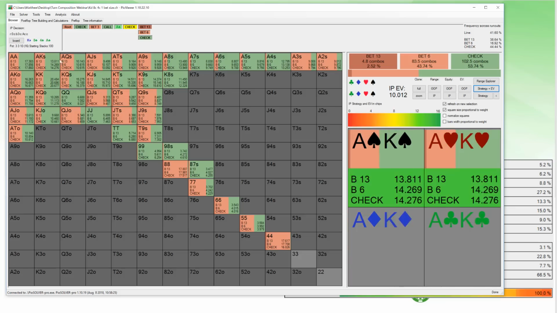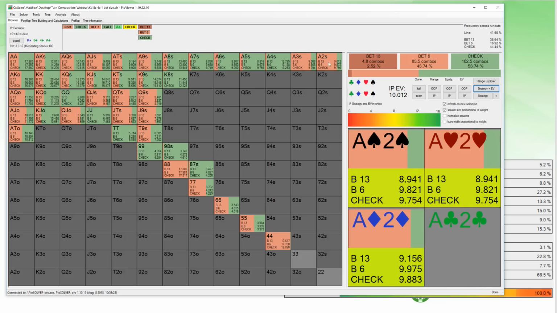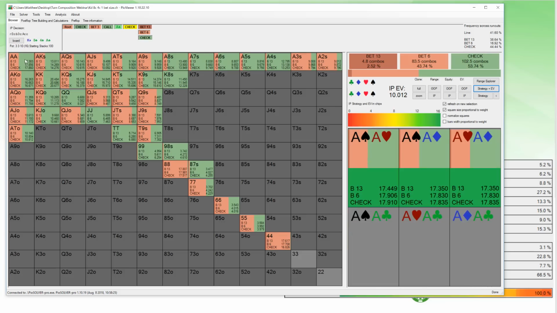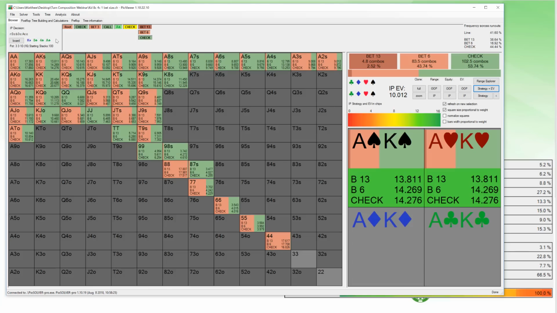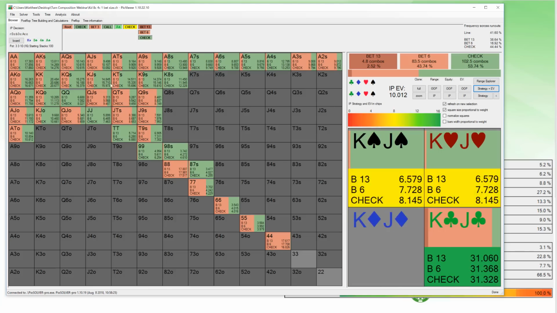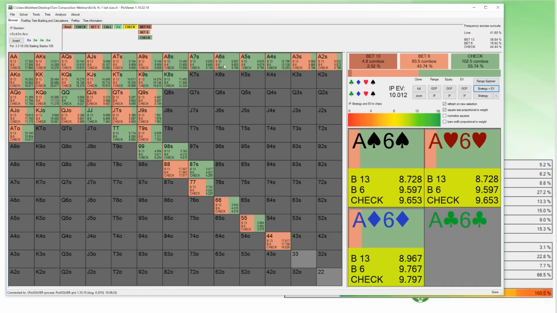Exactly, Matt. I don't know if I explained that well. We can't have the nut flush, which is our most common flush, but we can't have it because the ace of clubs is on the board. And we just don't have as many suited kings as we do suited aces. So the reason we don't get to just bet everything is because we need to protect ourselves a little bit